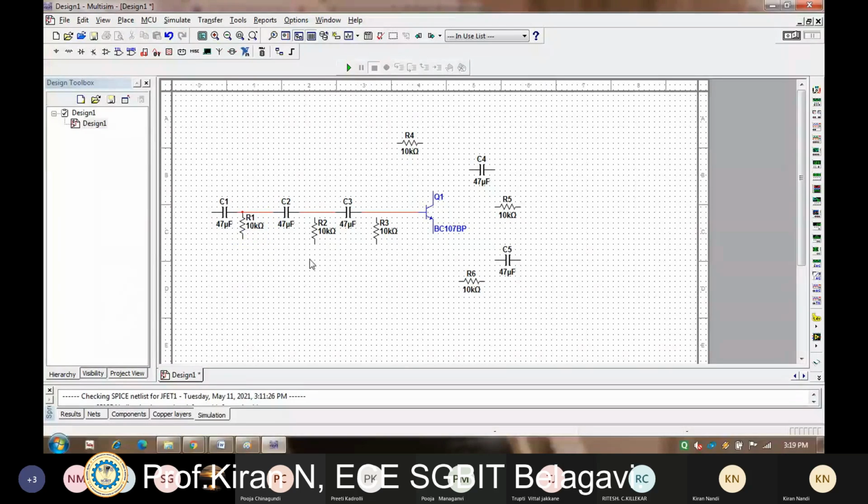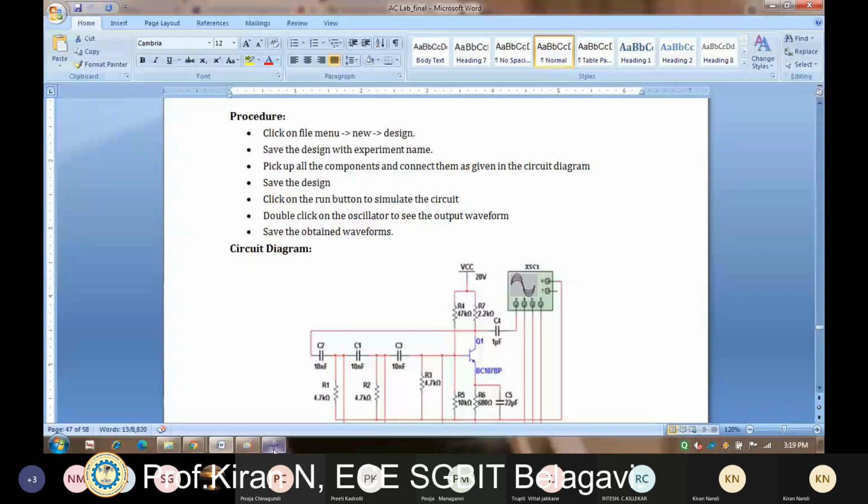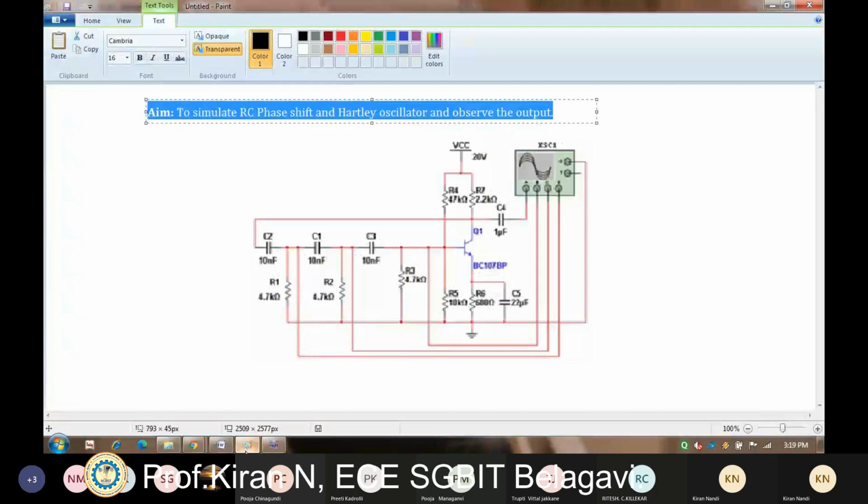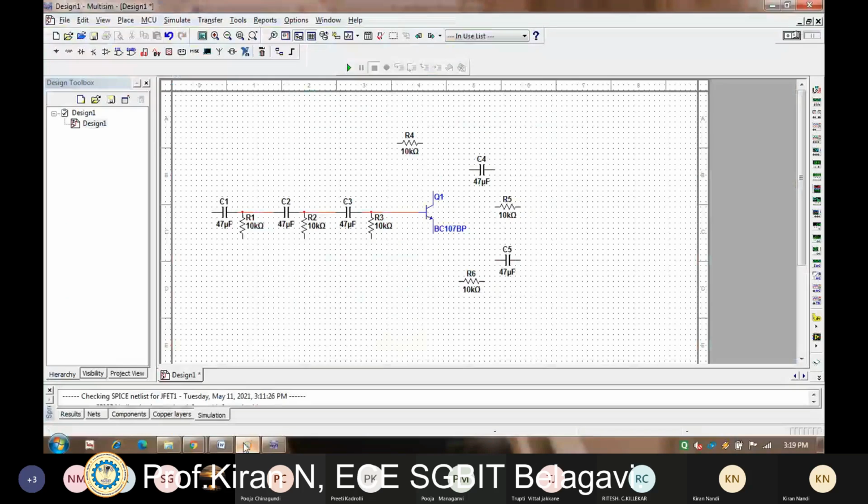So I'm connecting here all the resistance. Now all these 3 resistance are connected to the emitter.